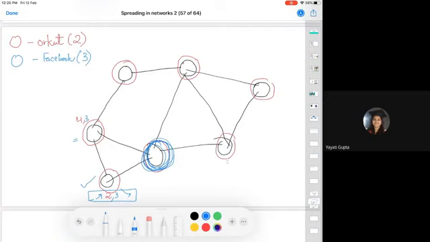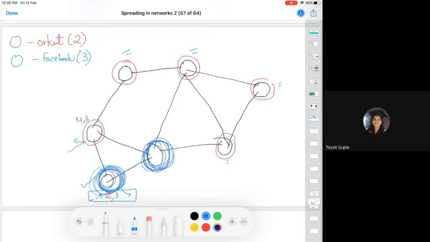Look at this person here. He has 2 friends for Orkut, 1 for Facebook, doesn't shift. This person, both friends are using Orkut, doesn't shift. This person, 3 people Orkut, 1 Facebook, doesn't shift. This person, both of his friends are using Orkut, doesn't shift. So this person in the next iteration, he also adopts Facebook. So one more person in the network adopted this technology.